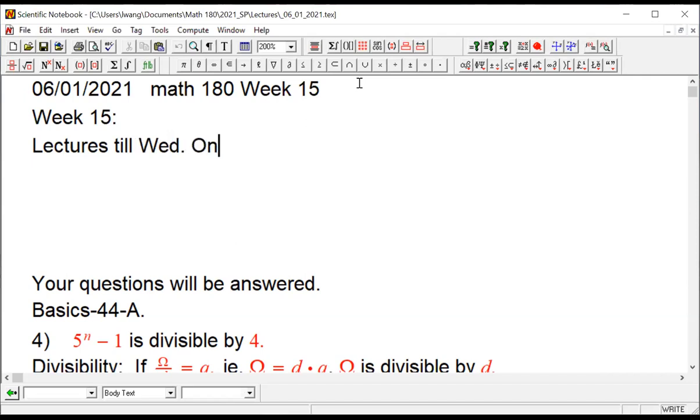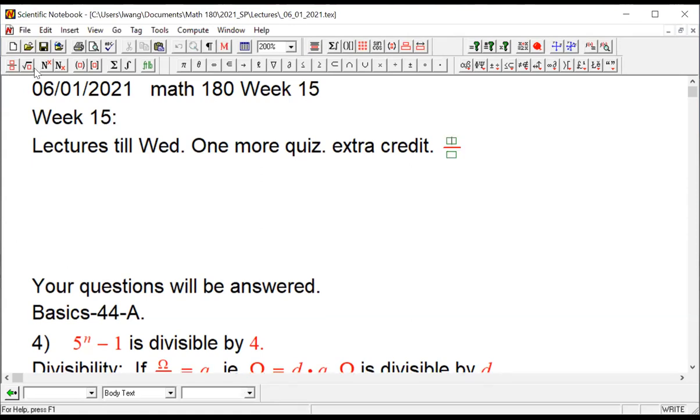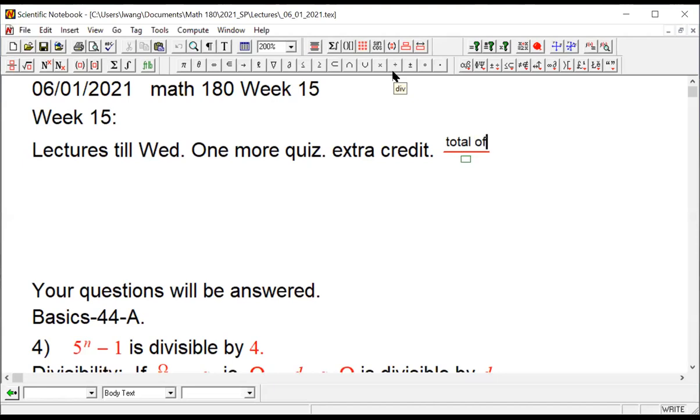You have one more quiz, and this one quiz is going to be considered point-wise as extra credit. The way I calculate the extra credit, I want you to understand, is that we would have a total of 31 quizzes. So when I calculate the total quiz score,